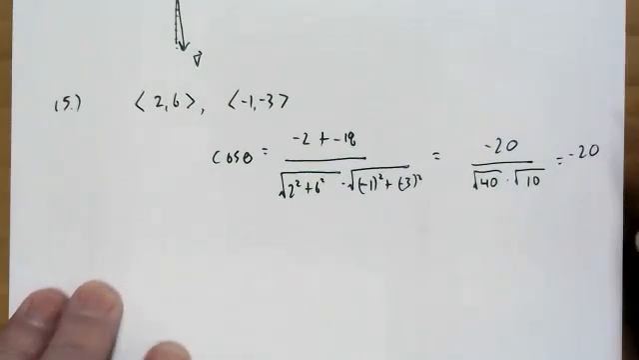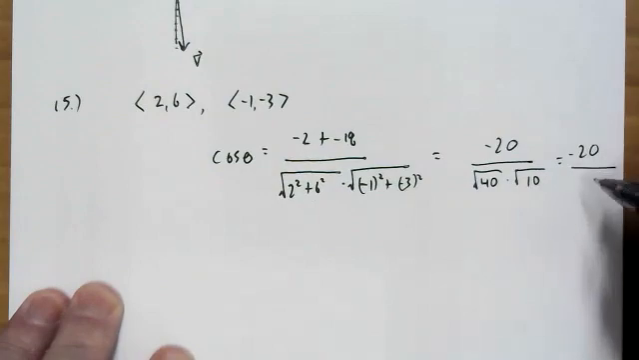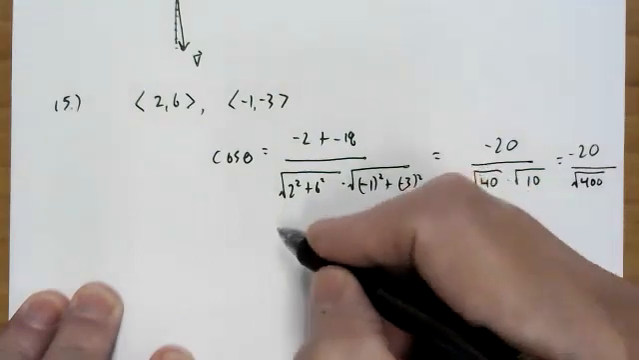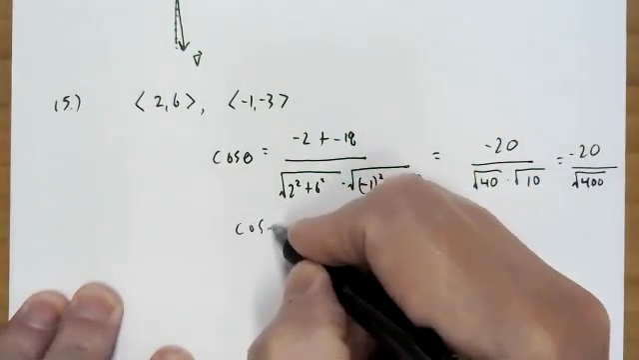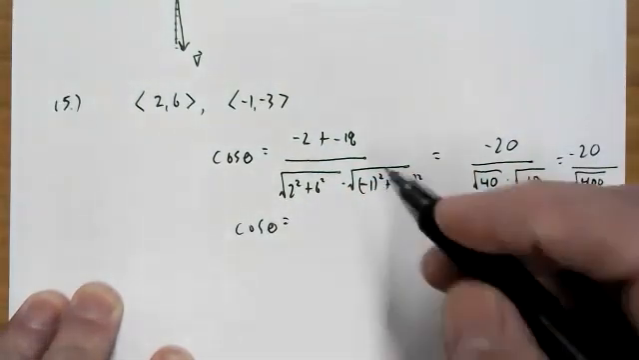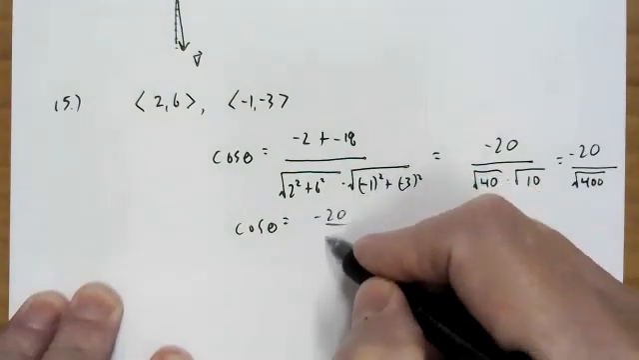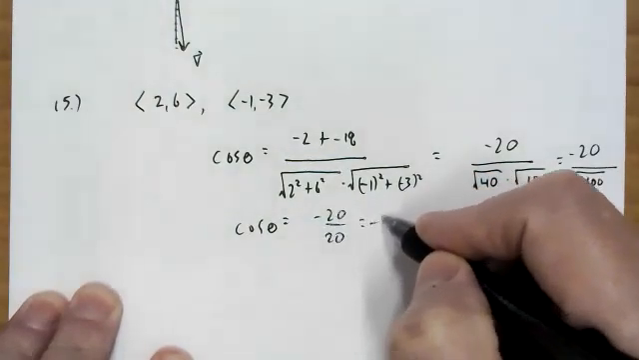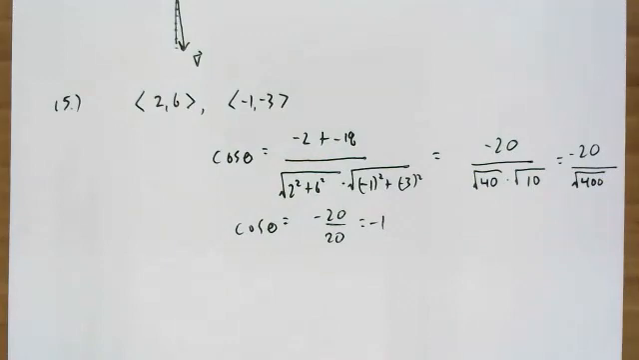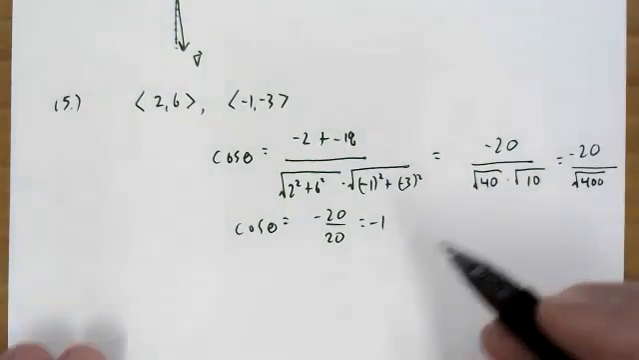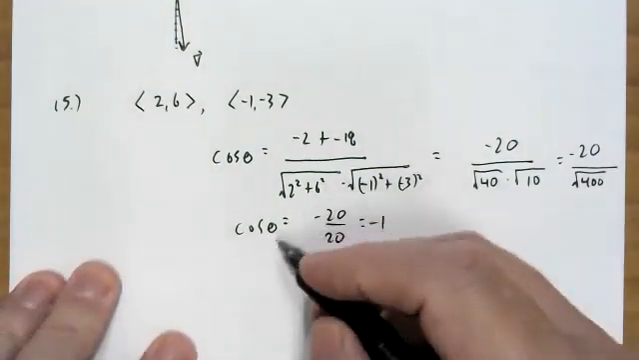-20, sorry, -20 over... so actually -20 over 20, which is -1. Now let's use a little common sense. So what if we say